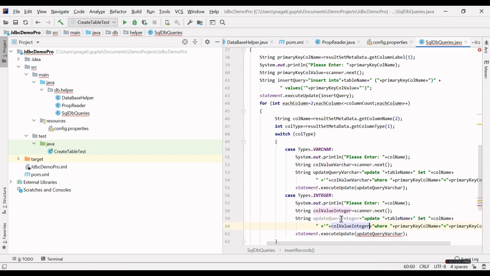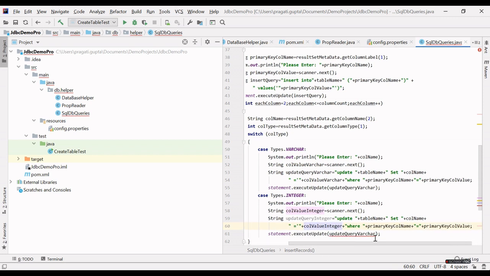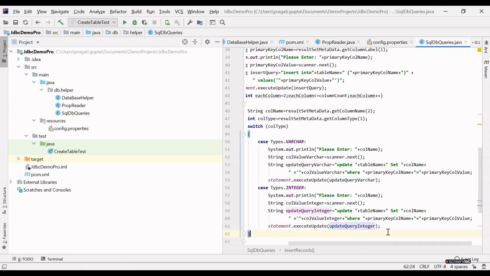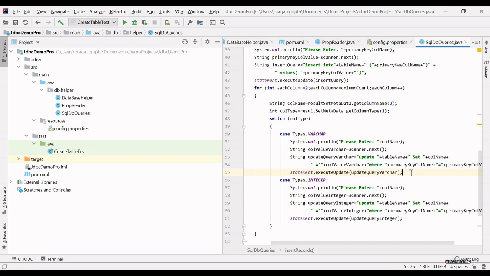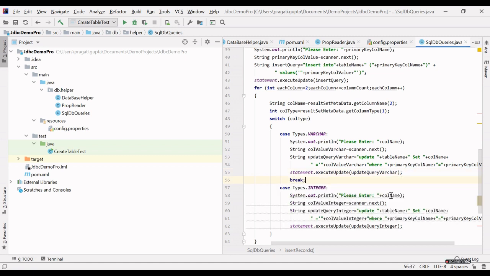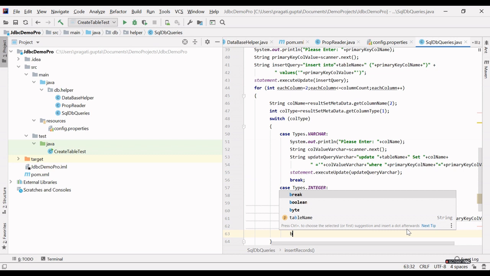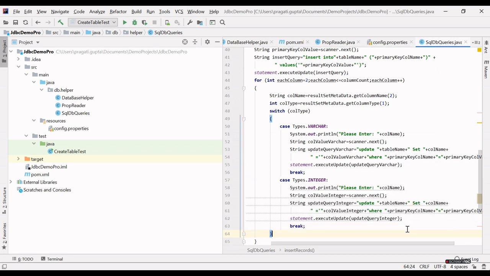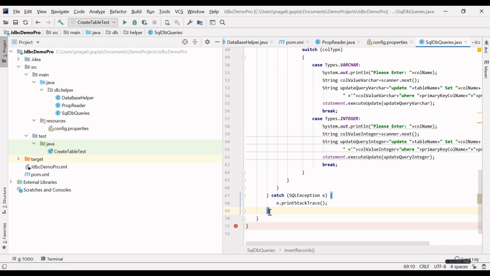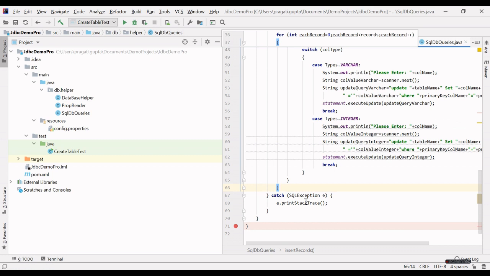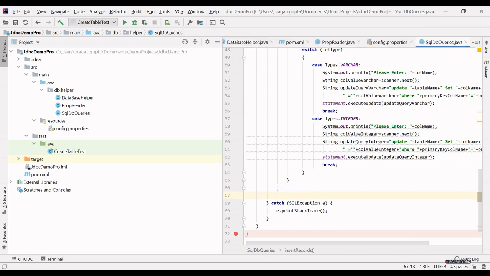This is our column value, and do not forget to break the case. I hope, guys, this makes sense to you. Actually, I will print that we have successfully inserted the record in the table.